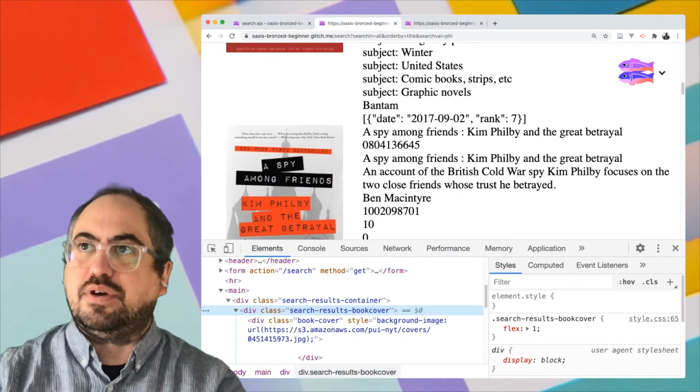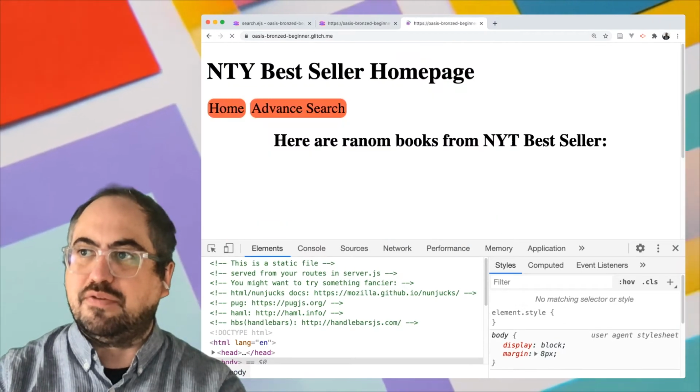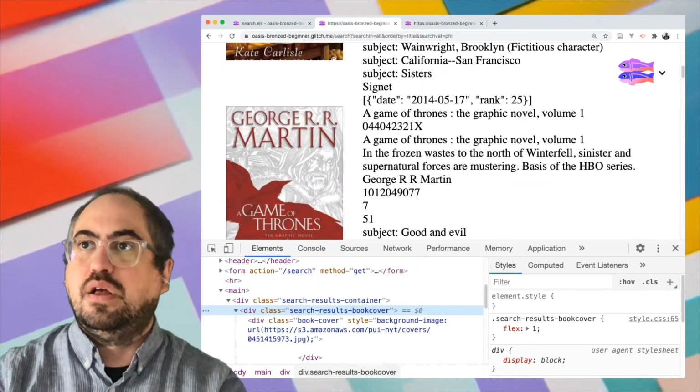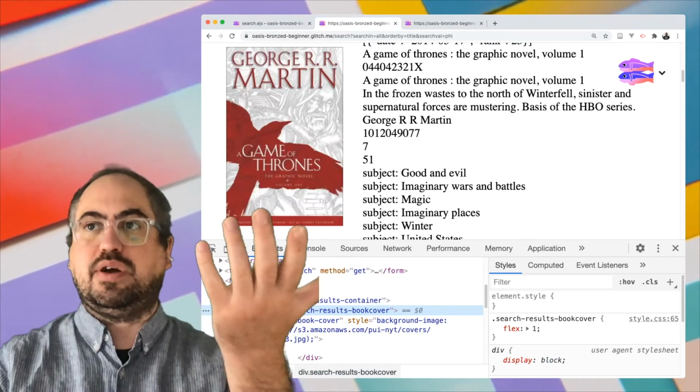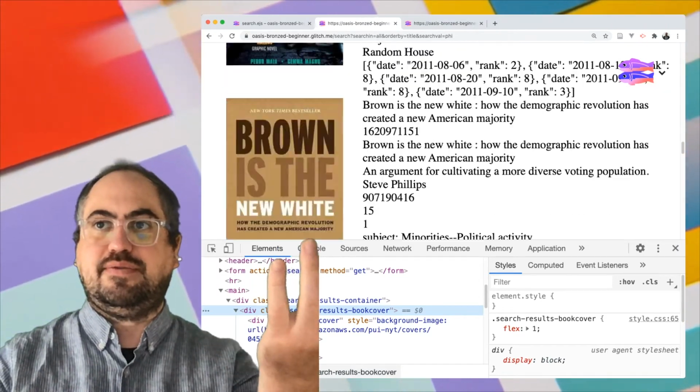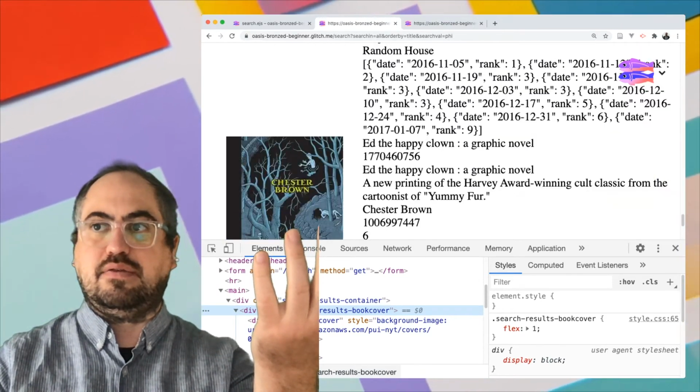It's also good to check and make sure the homepage still works, right? The book covers are still there. Okay. All right, so now we have the book cover being displayed on the left. And let's